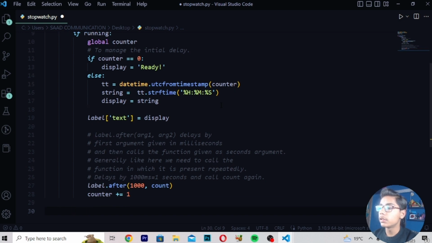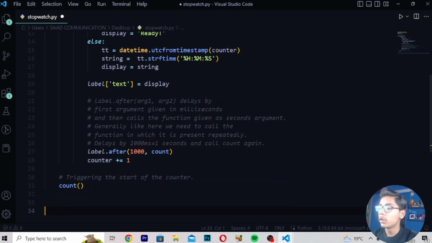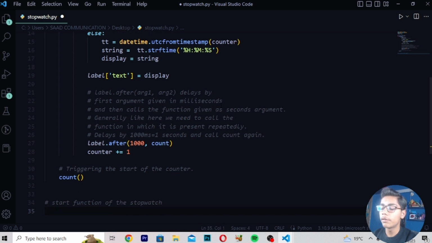Then I will be now just writing here a tag which will be like triggering. So here I will be now writing triggering like this, and after writing this triggering, here you have to now just write the start of the counter. Then you have to move down right here count like this bracket. Then here you have to now just write a tag which will be like start function of the stopwatch, and here you have to now write def